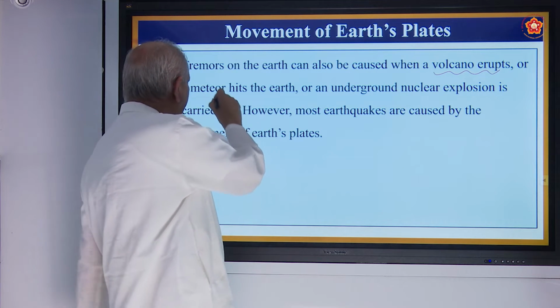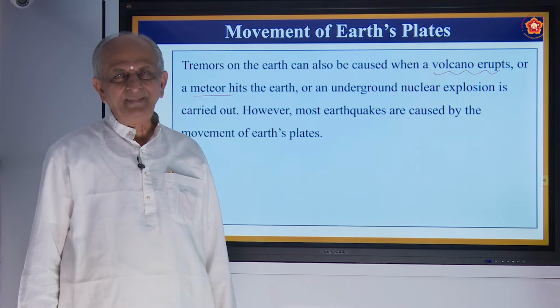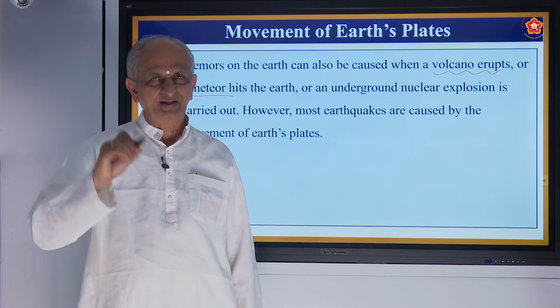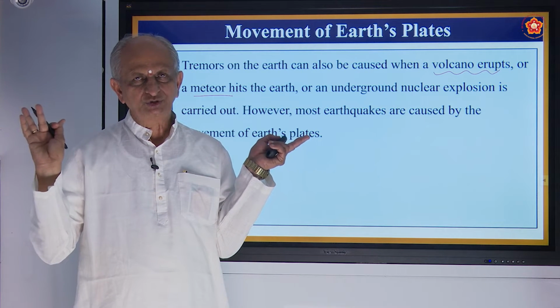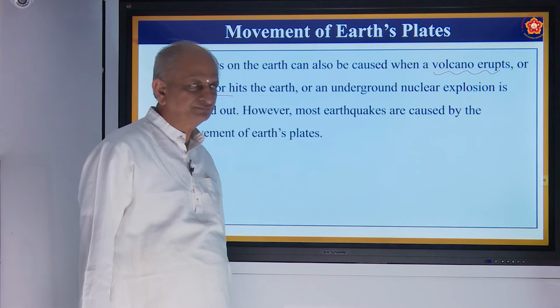Or when a meteor hits the earth. What is a meteor? It is a heavenly body belonging to the solar system, going around the sun. They are nothing but huge chunks of stone. So when they hit the earth,